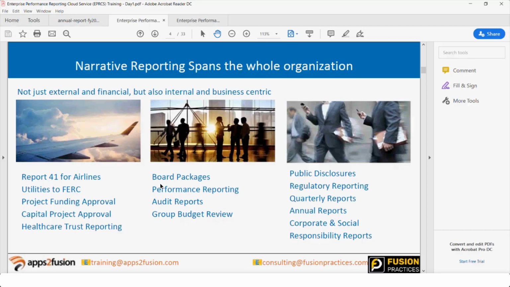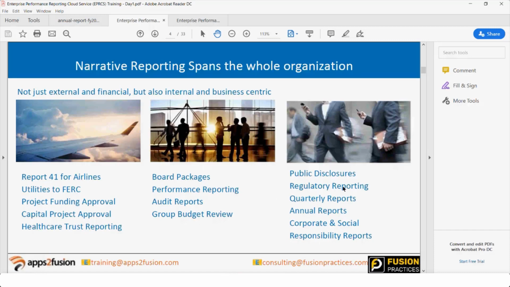They say, this is the current standard of the business, this is where we stand in terms of revenue, this is the statistics for the last quarter and for the current quarter, and this is the plan for the next quarter. So we have board meetings, performance reporting, audit reports, group budget reviews,